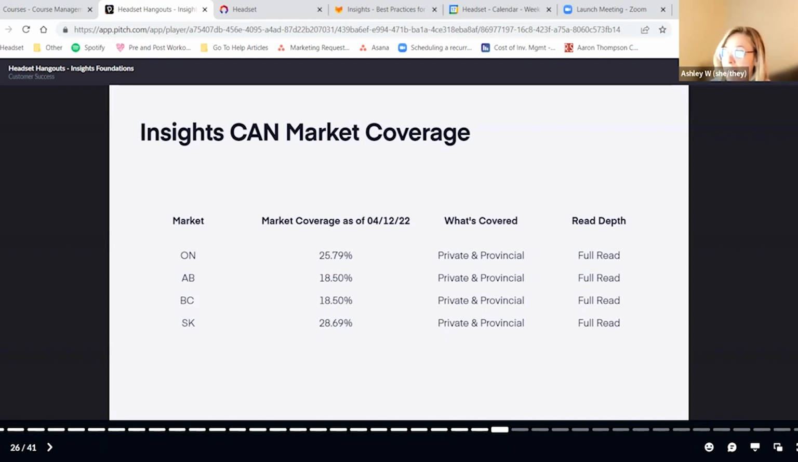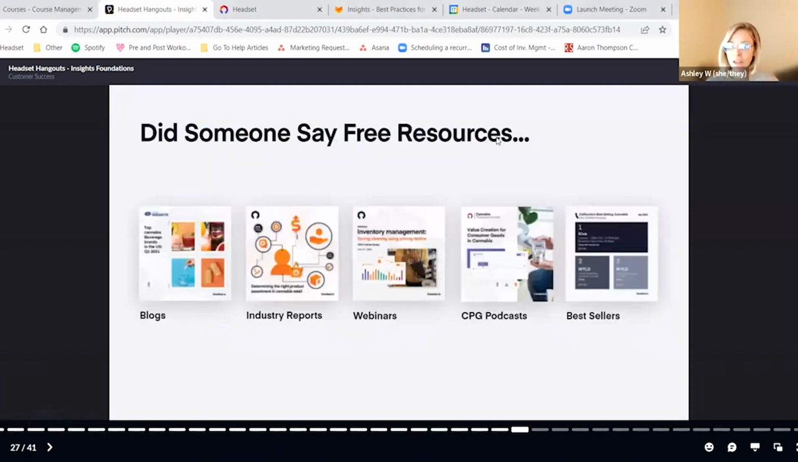And Saskatchewan about the same as well. It's not a ton of change, a slight increase in BC here. I always like to remind people, especially if you're thinking about cross-market analysis at a macro level,